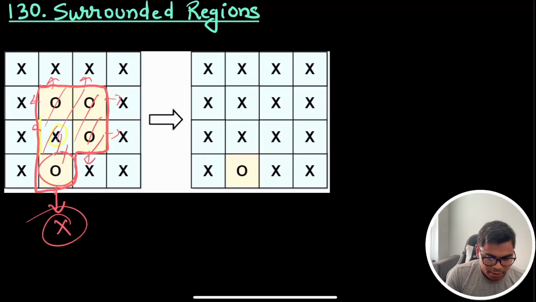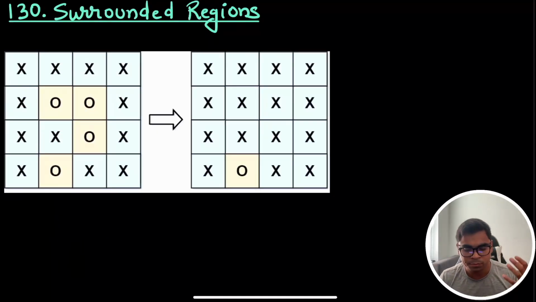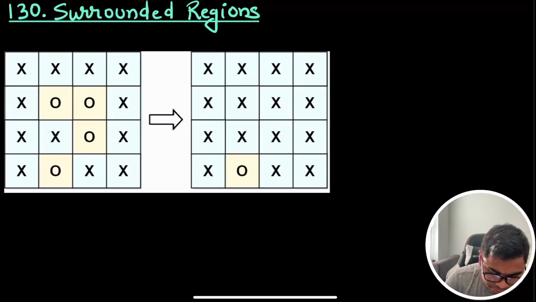So that is why this whole region cannot be captured if that were the case. So what we're going to do is create a queue. We will solve this problem using breadth first search. In this queue we will be appending all the O's. We will be visiting all the